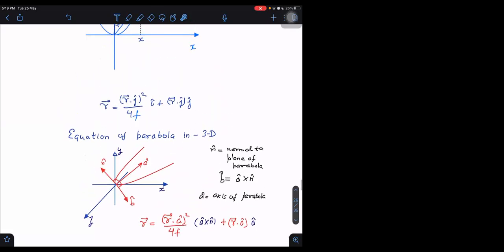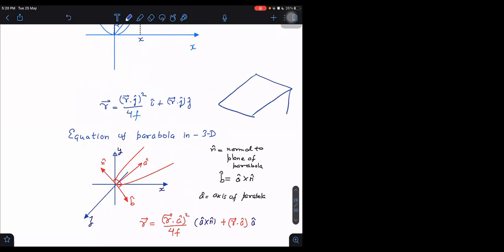What we are doing here now, if I want to write the equation of a parabola in 3 dimensions, let us say there is a parabola, not in the yx plane, not in the xz plane, but in 3 dimensions. Means it is a line which is drawn in space. You can imagine it is going from here to here. And this plane is not the yx plane. It is some other plane, a plane which is inclined at some angle with the xz plane. The xz plane is horizontal. You can imagine like this, that there is a wedge. You know what a wedge is?